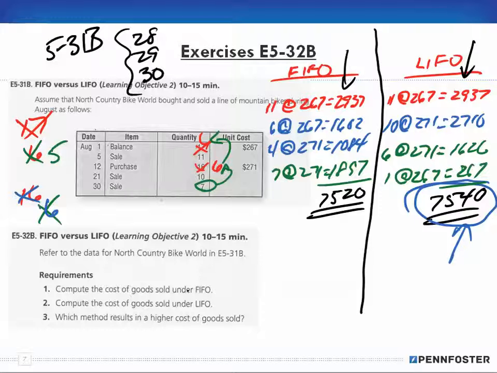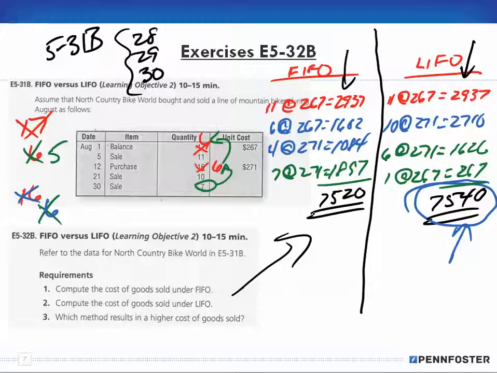You would have the schedule or the perpetual inventory record in the workplace, and if you had that record and somebody wanted to know what your cost of goods sold is, this is what you would end up doing. Okay, you would end up doing all the math like this, depending upon whichever method you had originally chosen. If you're using FIFO, well then you do the math like this to figure out your cost of goods sold, and because you're not going to get that information from the perpetual inventory record,